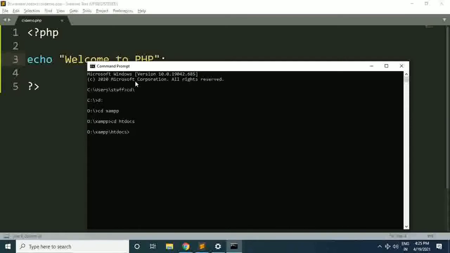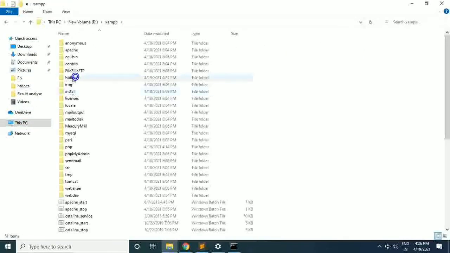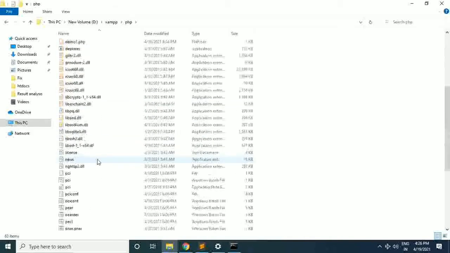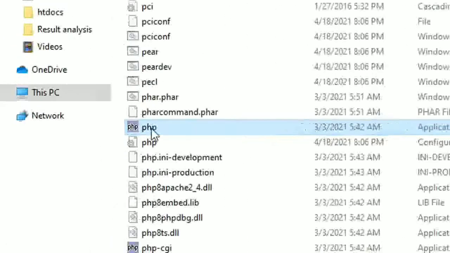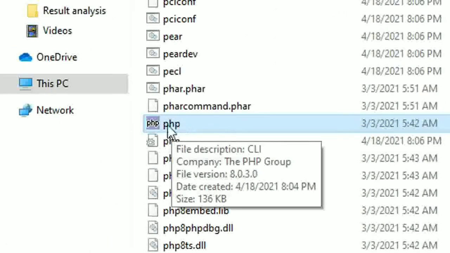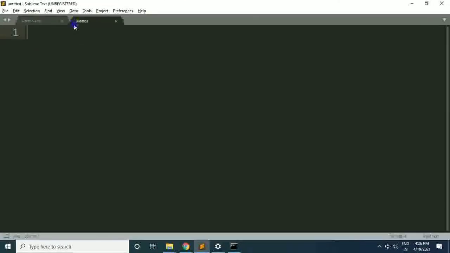So in order to execute this file in command prompt we need to invoke the PHP interpreter. Okay, so our PHP interpreter is basically located within the XAMPP directory under the PHP folder. So here you can see this is the name of our PHP interpreter. Using this interpreter we have to execute our PHP file. Okay, so the syntax for interpreter use is like this: php, that is the name of the interpreter, followed by the file name.php. So like this you have to type within your command prompt.